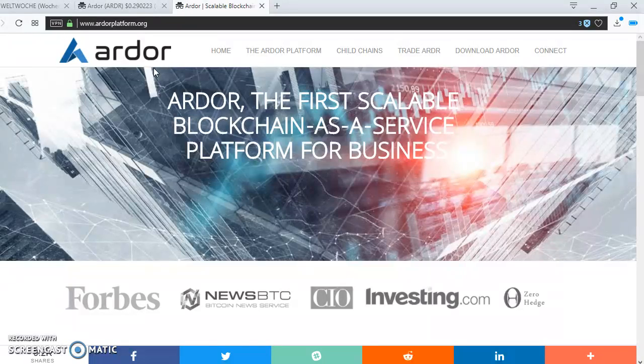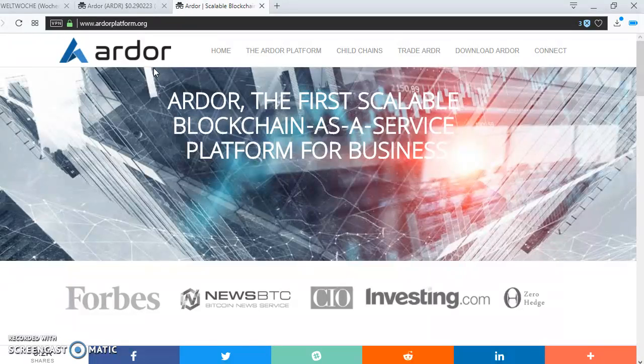So what that means is that if a new node is joining the ARDOR network, because transactions are pruned and removed from the network, all we have is a cryptographic proof. If you are entering the ARDOR blockchain today, all that is required is that you just download the blockchain for the last 24 hours, and that makes it very, very good.